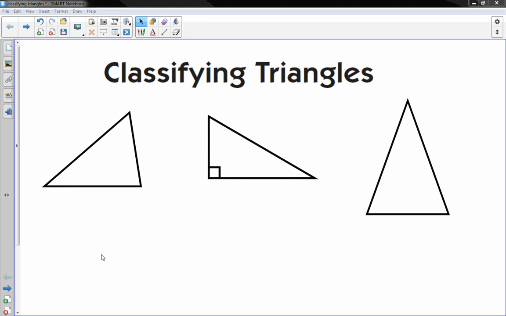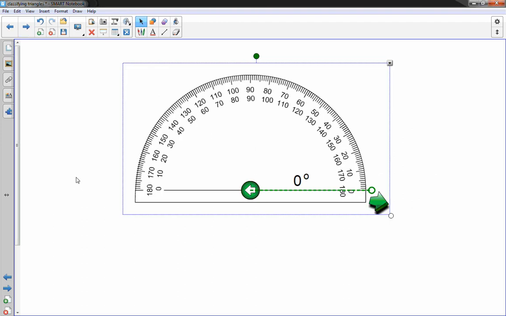And before we get started with actually talking about the different kinds of triangles that you can classify by their angles, we need to understand how to measure an angle. And we do that with a protractor, which we've been learning about how to use in class. And I can demonstrate that with this virtual one, hopefully. So an angle measure is you have a straight line, and then you would measure an angle